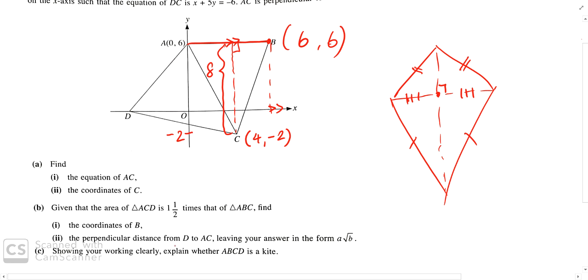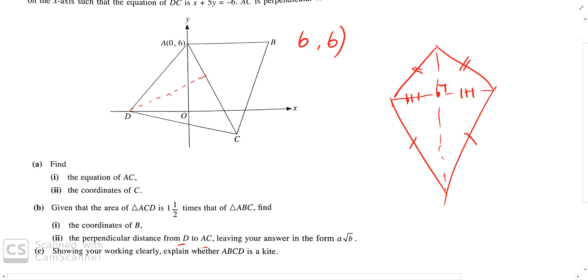They ask you to find the perpendicular distance from D to AC. Perpendicular distance from D to AC. So how much is the perpendicular distance over here? AC is 18. No, D to AC. What is the B part 2 answer? What's the B part 2 answer? 72 over 4 root 5. So B part